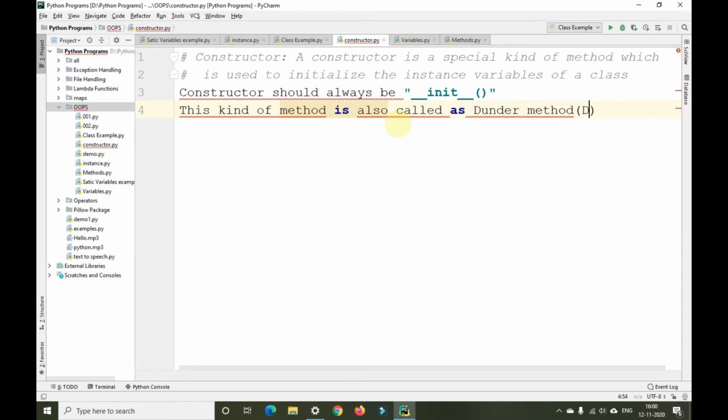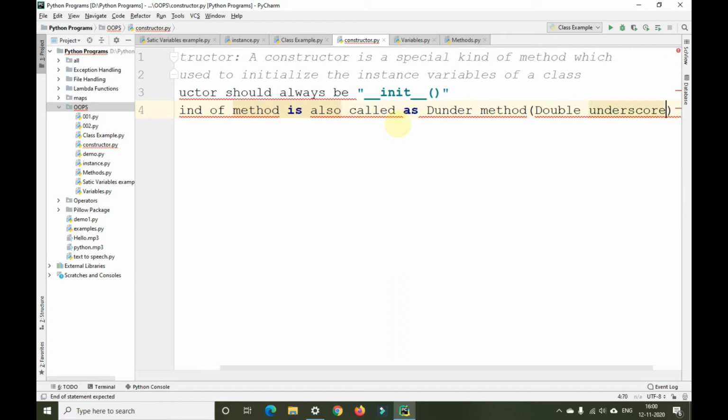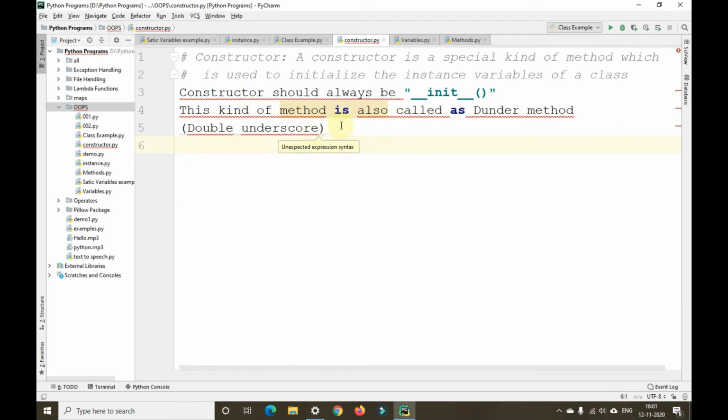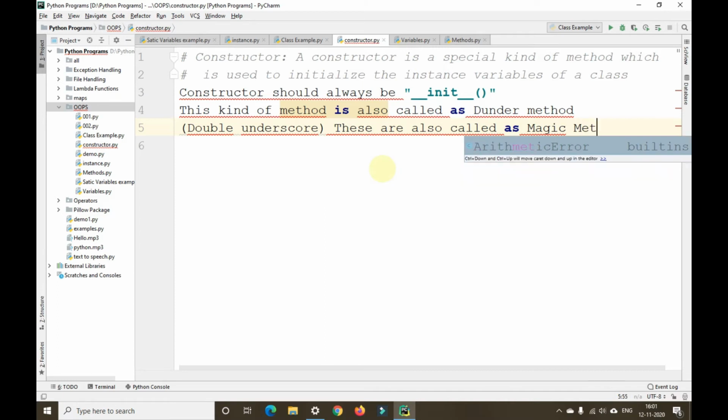Dunder is nothing but double underscore. Okay guys. So methods like this, dunder methods or double underscore methods, are also called magic methods.